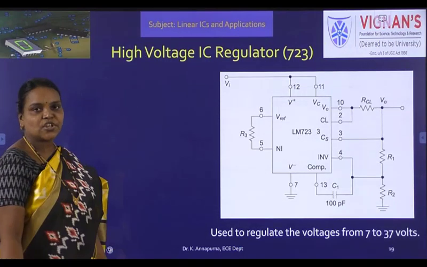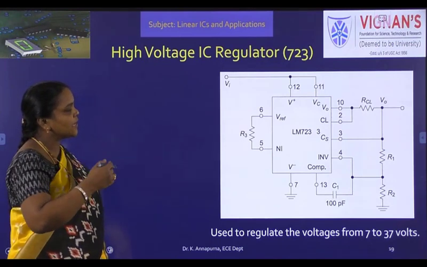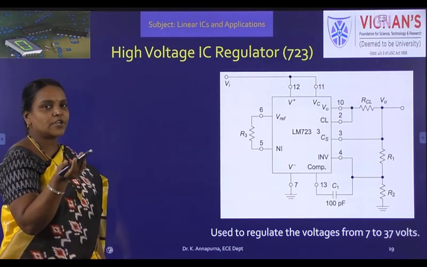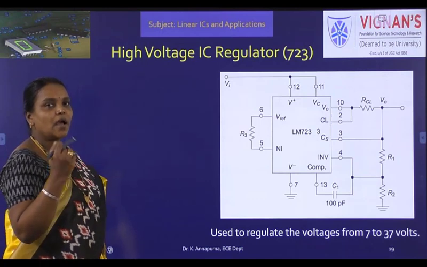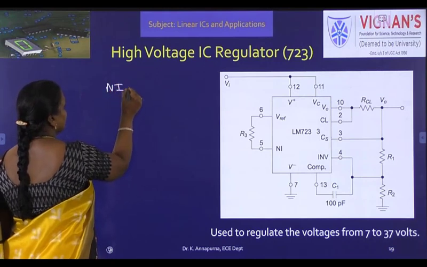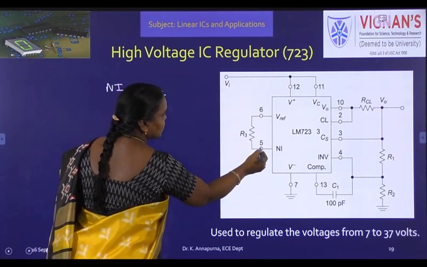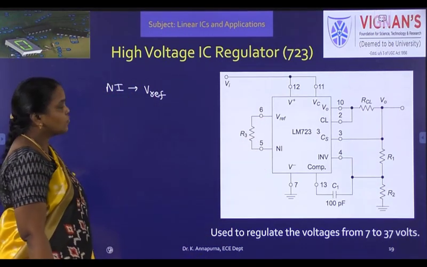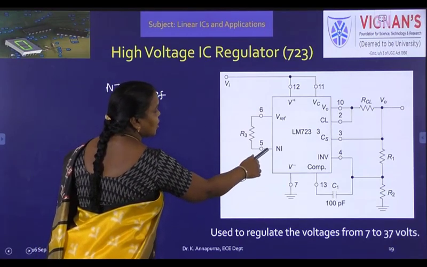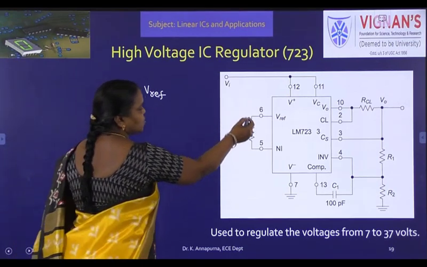So this is the high voltage regulator. Here also we have to find what is the inverting pin input and what voltage the non-inverting input pin is receiving, and they should be equated to get the output voltage. So here non-inverting is directly given with reference. If you observe, non-inverting is directly given to the reference voltage. Even though there is a resistor, there won't be any drop because there is no current flowing into the non-inverting or inverting terminals. So no drop means it is like a short.